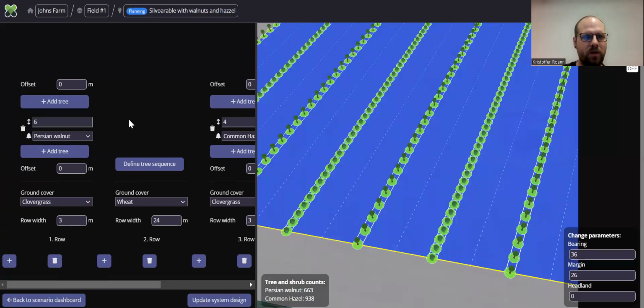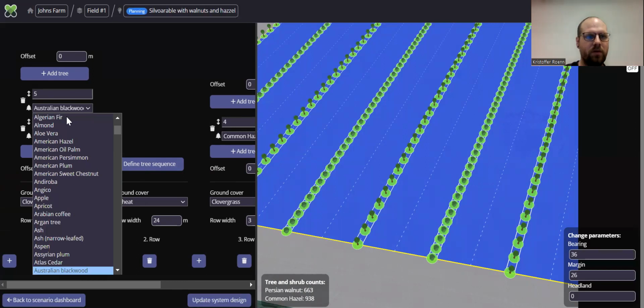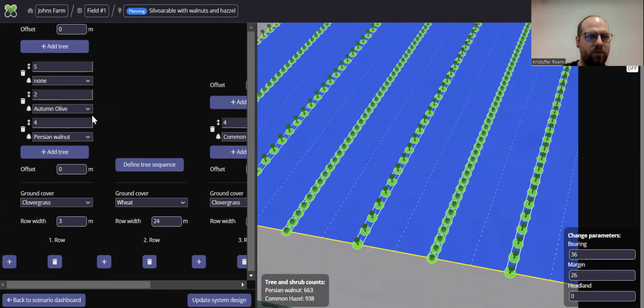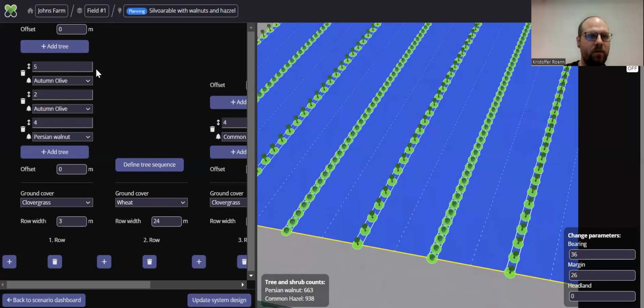So for example, if we want to try and add something in between the walnuts, so maybe add some autumn olives in there just for fun. And I'm going to add 2 autumn olives. And now the row starts with a walnut, and then it